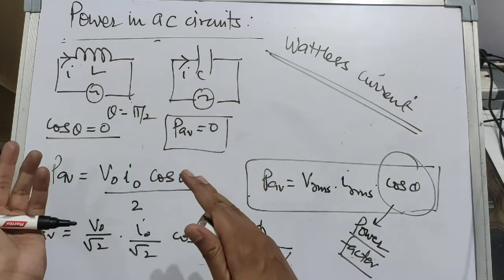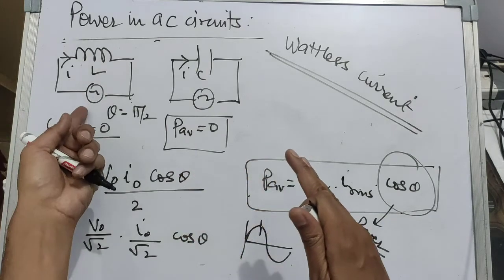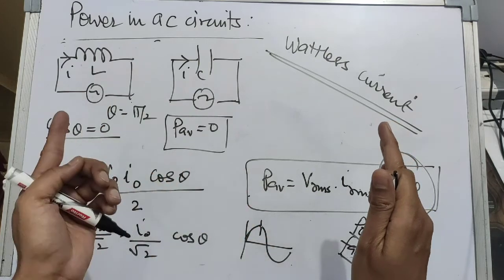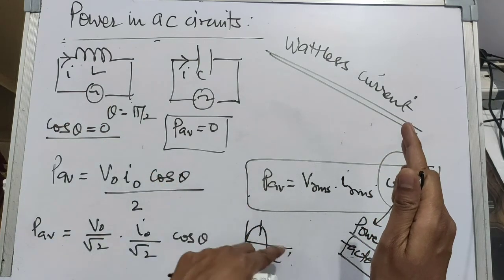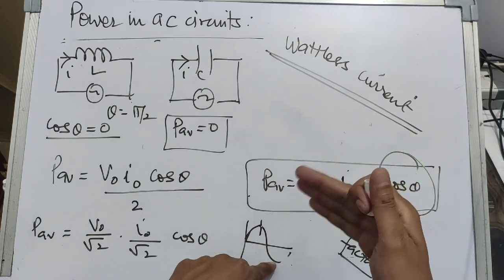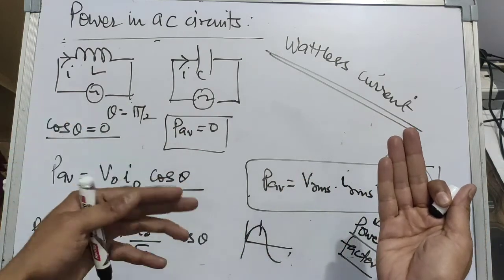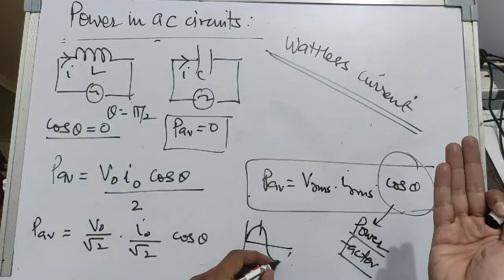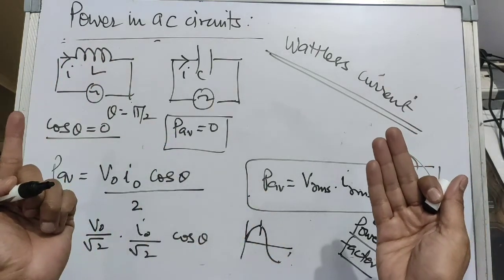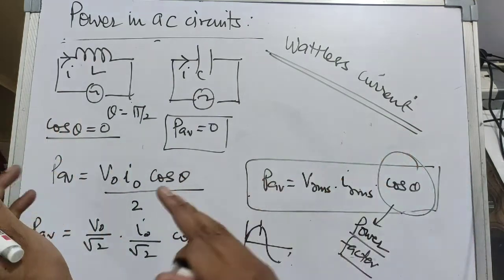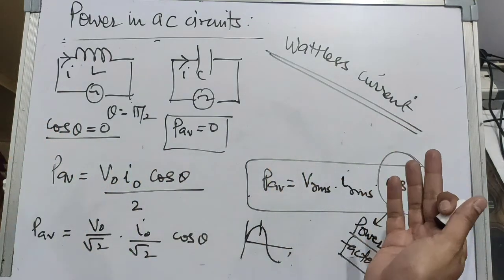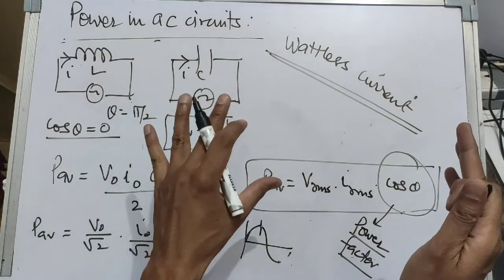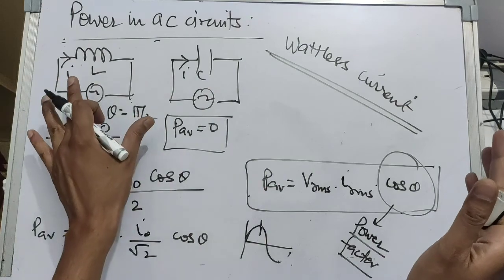Again, the energy supplied by the source is given back in this quarter of the cycle by the inductor. The same thing happens in the next half cycle. Is it clear? The current will increase in the other direction, it will be opposed, the source has to do work, and that work done is stored as magnetic energy in the inductor. When the current decreases, the inductor will aid the decreasing current by releasing the energy stored in the form of a magnetic field inside it. So this is power in an AC circuit, and that's what happens in an ideal inductor and an ideal capacitor.